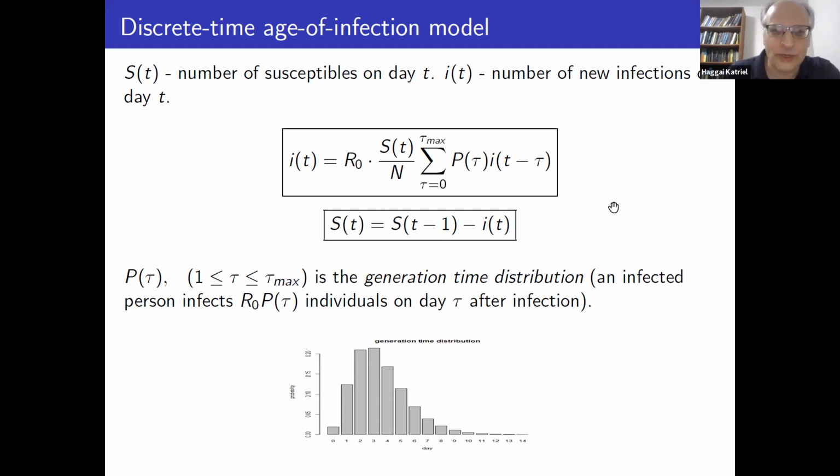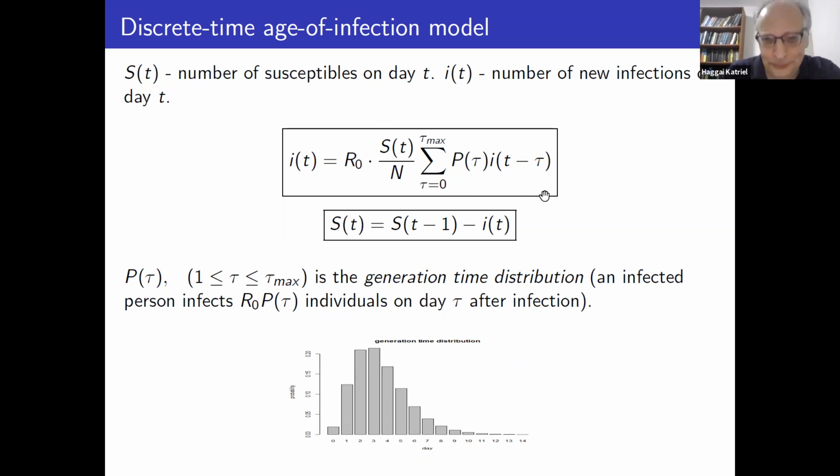This is a discrete-time model, but that's not the main thing, because you can formulate this model also in continuous time, but it won't be a differential equation, but an integral equation. So what this describes, the I of t here is not the I of t we had before. The I of t before was the prevalence, the number of infected people. Here, the I of t, the I small of t, is the number of new infections each day. It's a rate, not a stock. It's a flow, not a stock.